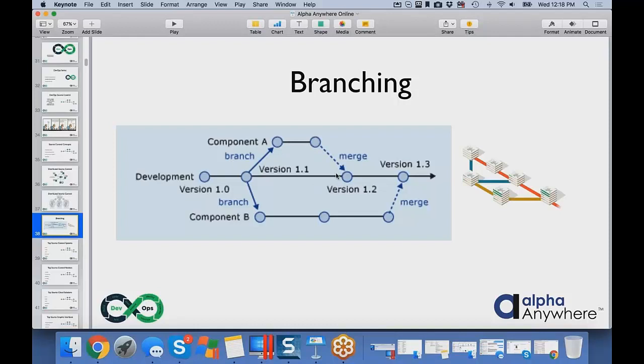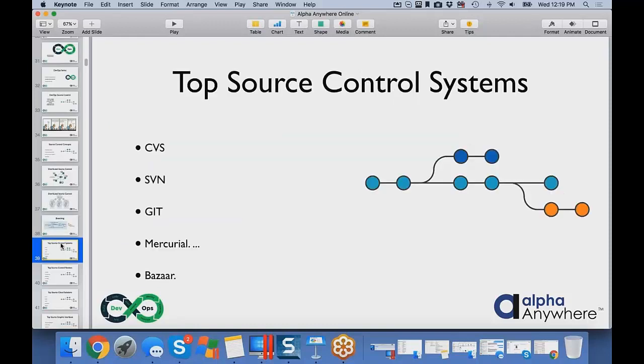And source control allows you to do things like go back in time. So if you need to go back in time, let's say you already have version 1.3 out there, and for whatever reason you need to go back and look at version 1.1, you can literally kind of put version 1.3 aside, go back and bring back out this version 1.1, use it for a while, and then put it back. So again, lots of flexibility, very powerful, makes your life easier, especially for those real-world situations.